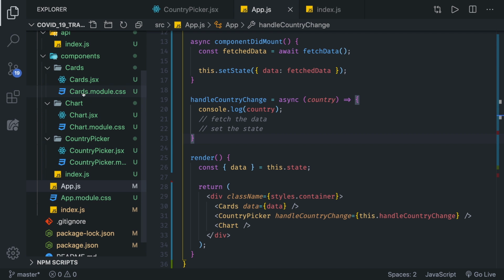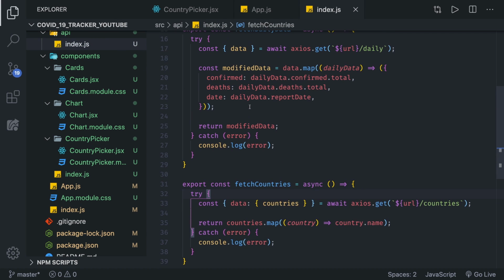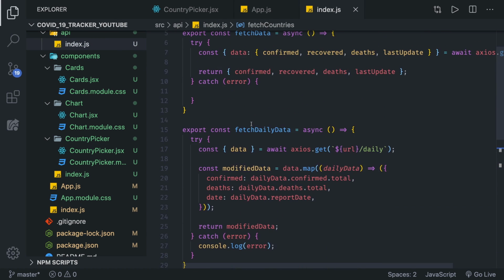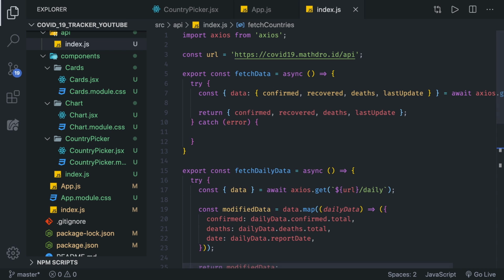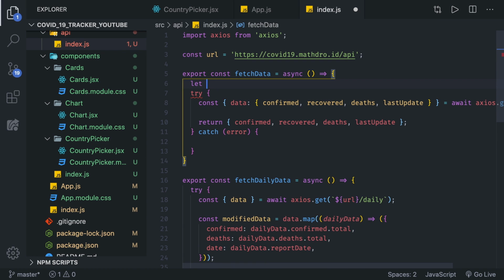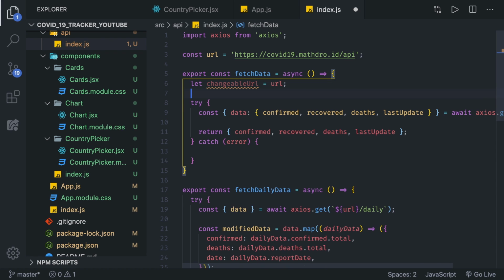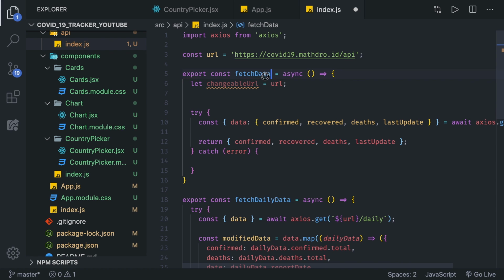We need to go back into the API, and that's going to be in the same call as we have it right there, this fetch data. But how are we going to make it dynamic? So first of all, we need to create something called, let's say, changeable URL right there. And we are going to set it equal to the URL at the beginning, but then we need to change it. So we know now that this fetch data is going to receive one parameter, which is going to be